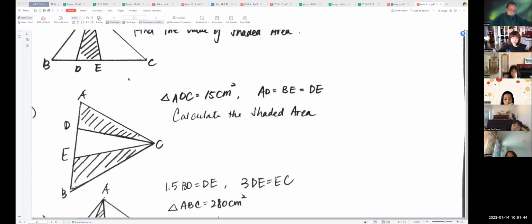Okay, so now let's take a look at this one. This one looks very weird because the triangle looks like a what? Like a flag, right? So we know ADC is 15 centimeters squared. And AD and BE and EC, they all equal each other. So I want you to calculate the unshaded area. Sorry, the unshaded area. Everybody, I just want to know the area of triangle CDE. Very easy. 太简单。